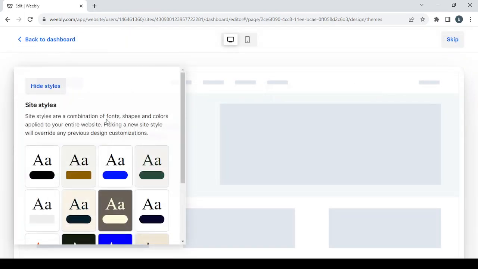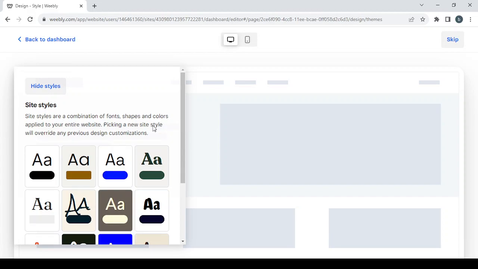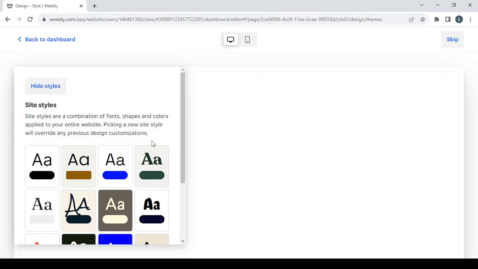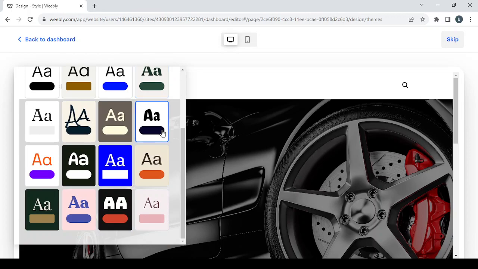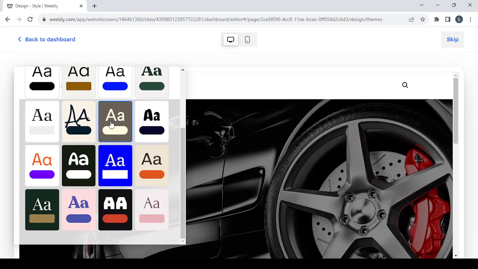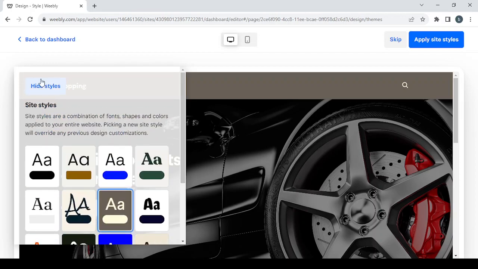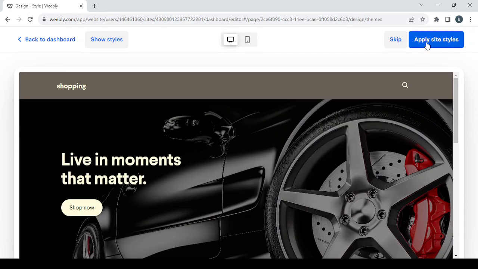Then the site styles will show up. As you can see, it's the first step of creating our store, which is choosing one of these styles to be our style. So it doesn't matter what style you choose now, you can always change the style later. So just make sure to choose one of these, one of the good ones, and you will not need to replace it later. So for this, I'm going to choose this one as my style. Then I will click on hide styles, check if it fits my store. After that, click on apply site styles,